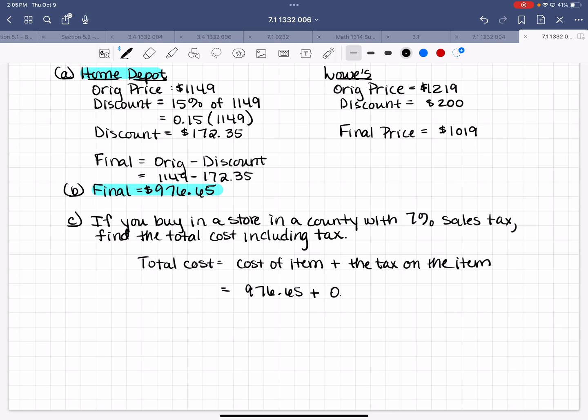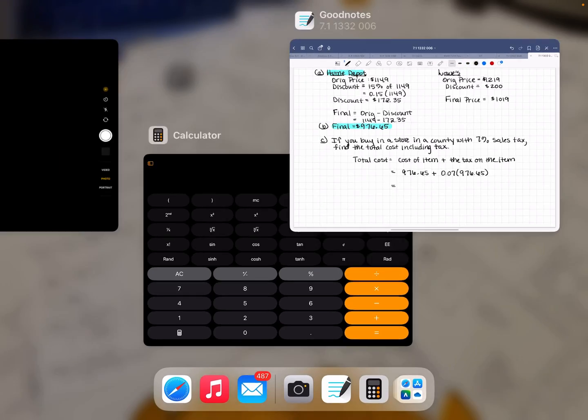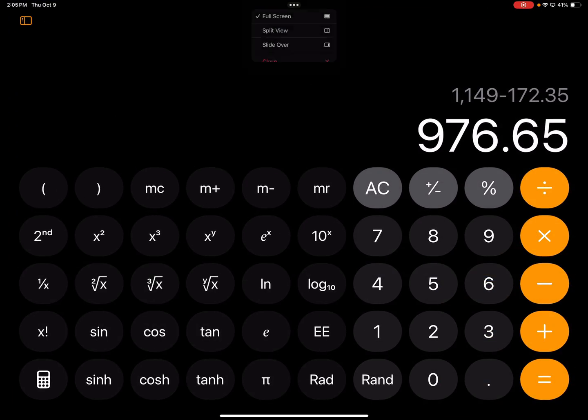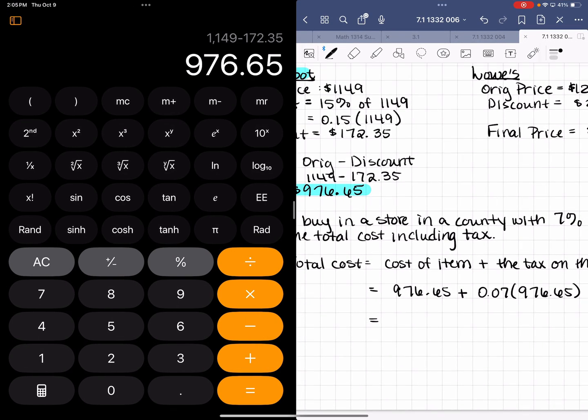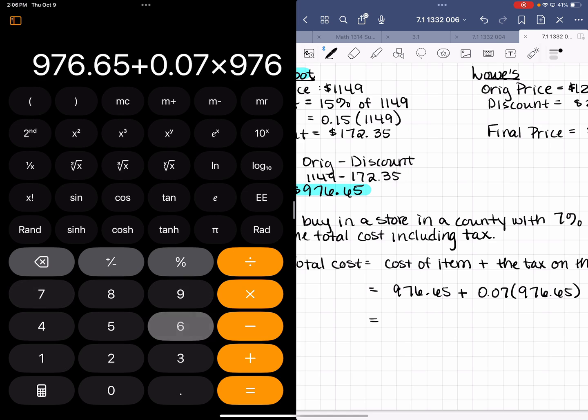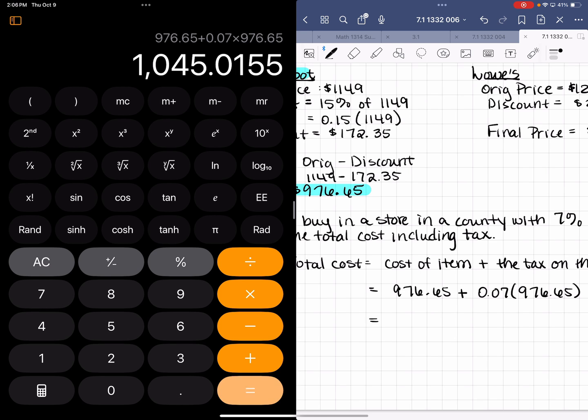But anyway, mathematically, the way we calculate it is 0.07 times that $976.65. We can go over here to our calculator, and I've finally learned how to do that split where it'll show. I'm going to put in our $976.65, plus 0.07 times that $976.65, which is going to give me